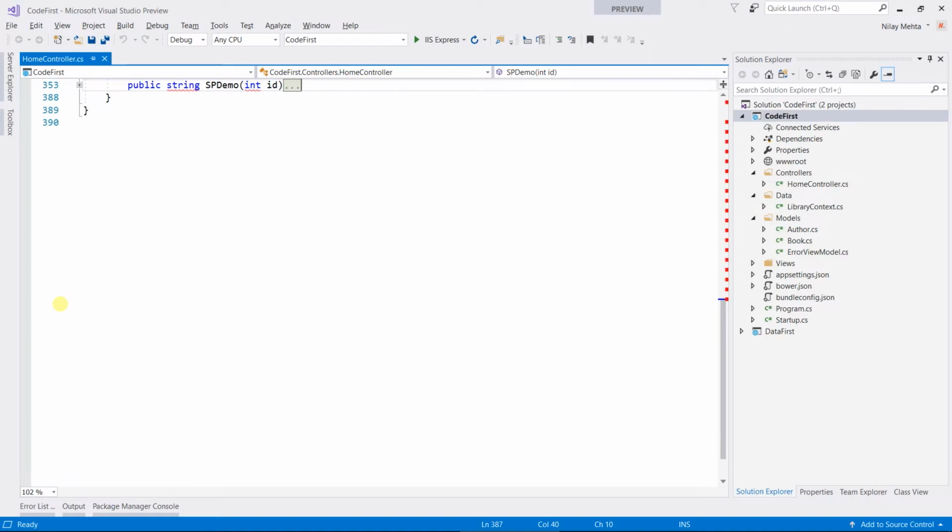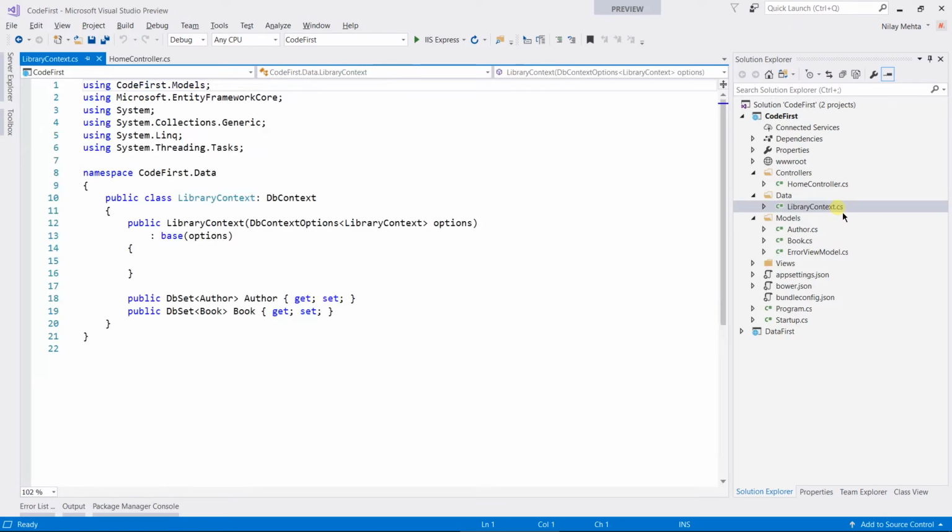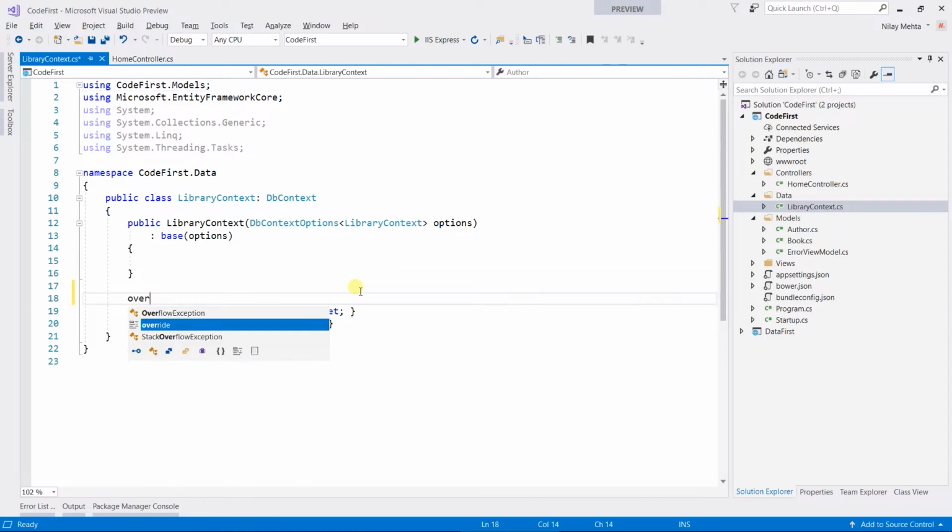We used dependency injection for the connection, which will not work in the case of the migration because we will perform the migration from the package manager console. To specify the connection string, we need to write the OnConfiguring method. For that, open the library context. Within that, add the new method override